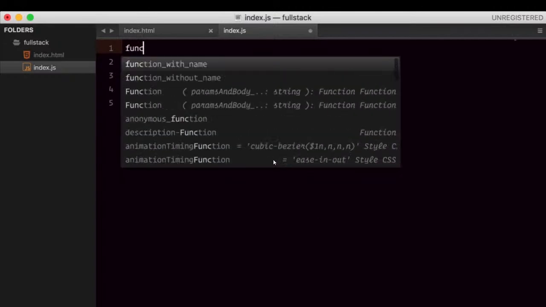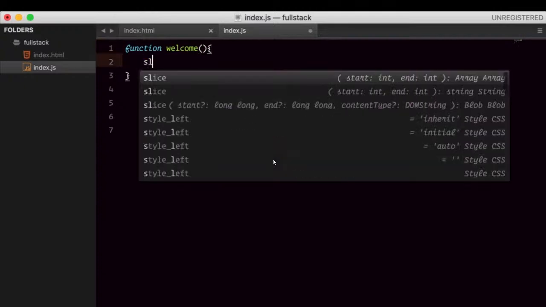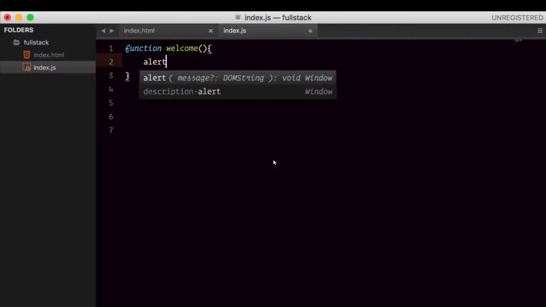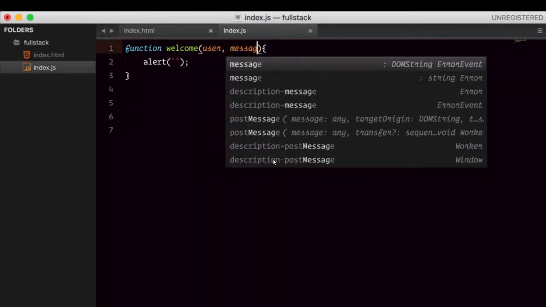Okay, so function, let's call it welcome, and then it will simply alert. Okay, so I'm going to use the template string, so use two backticks. Now within these backticks, this function expects the user and message. Okay, so let's give these arguments: user, message,